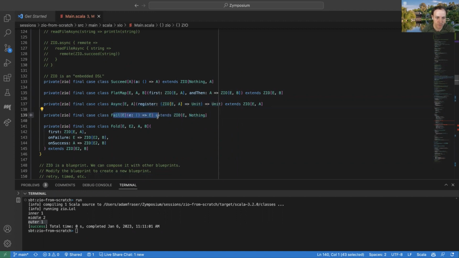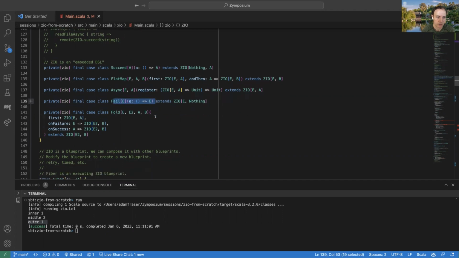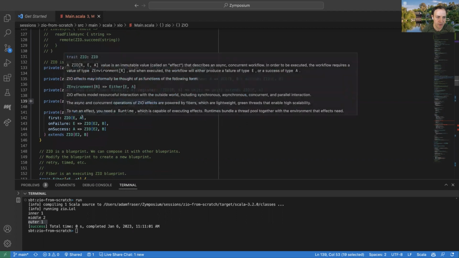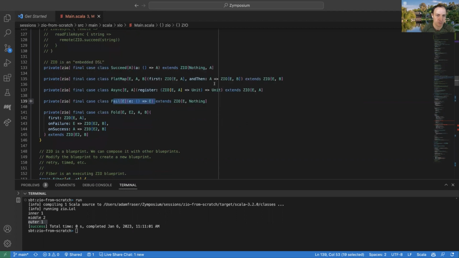You can create a workflow that just fails with a value. And we introduced this error handling one. This is kind of like the flat map one, but it's a little bit more powerful because it can handle errors as well. It says run this workflow, and then if it fails, run this, and if it succeeds, run this.